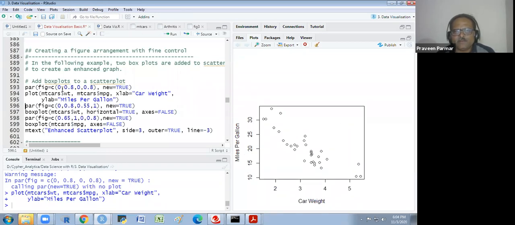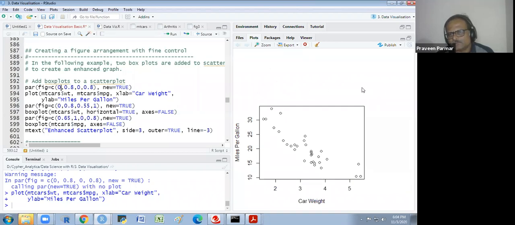The parameter I have taken is 0, 0.8, 0.8. So I have this gap here.